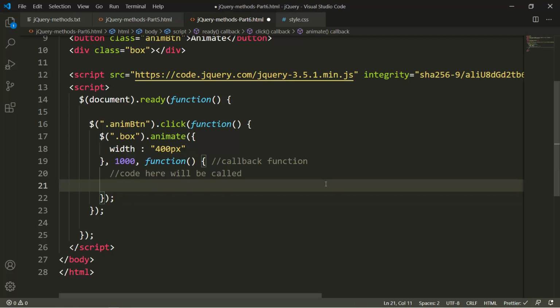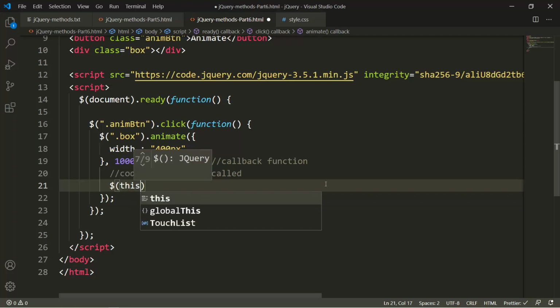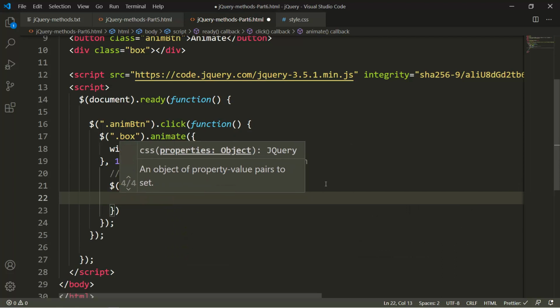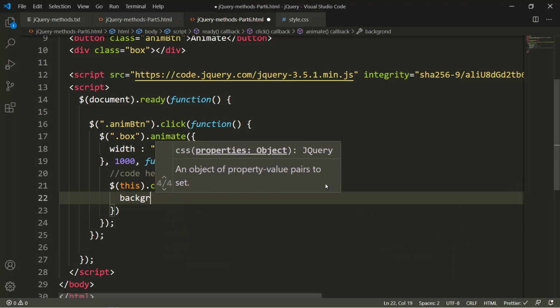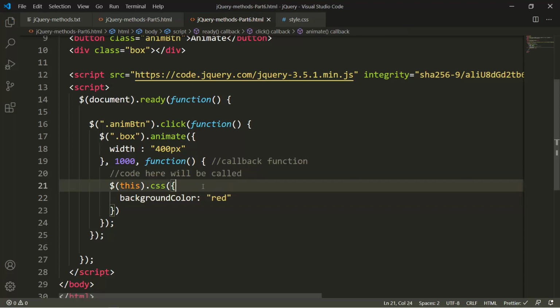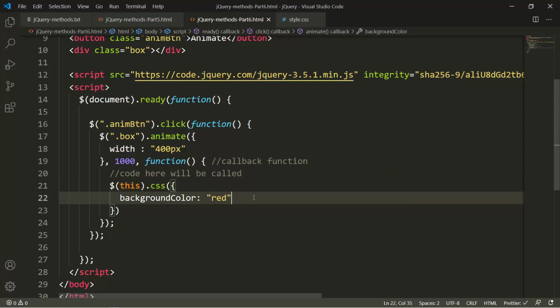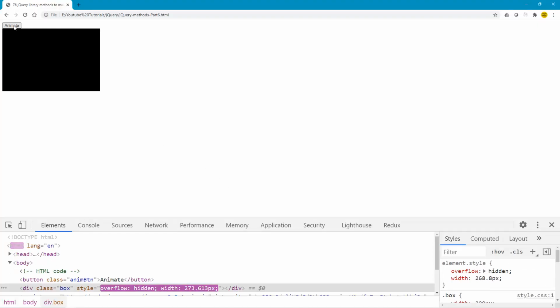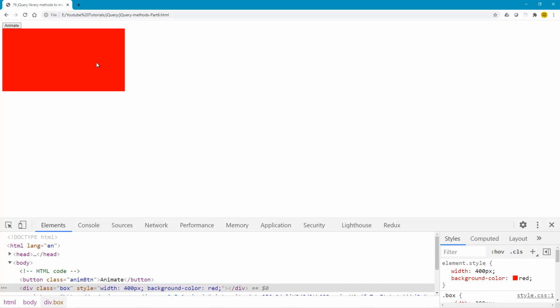Let's say I remove the alert and write $(this).css background color as red. I want to change the background color of this div tag after the animation has been completed. If I go back, refresh, and animate, it will change the background color.